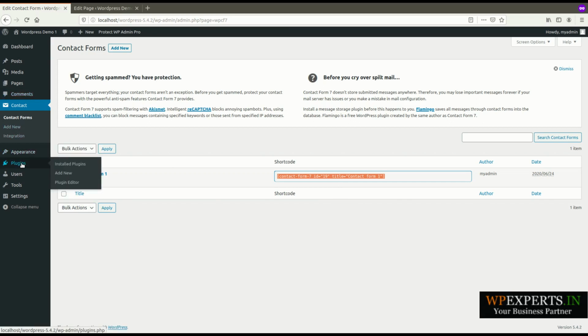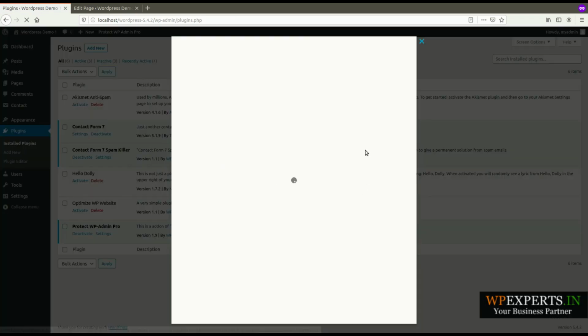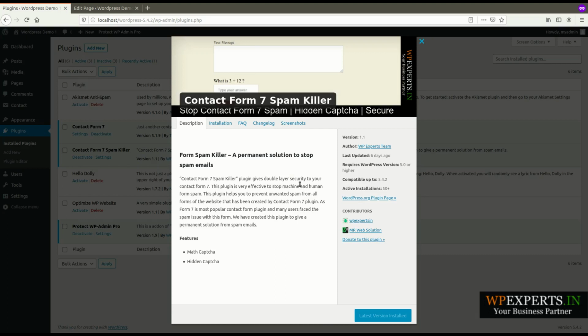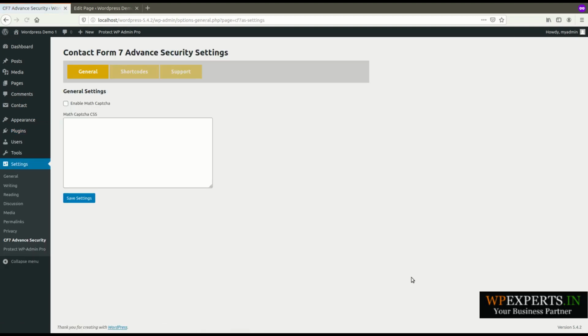I have also installed our plugin here. We recently launched this plugin especially to stop the spam from Contact Form 7. Let me describe the settings.